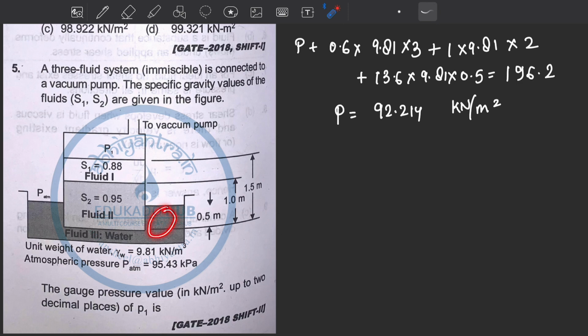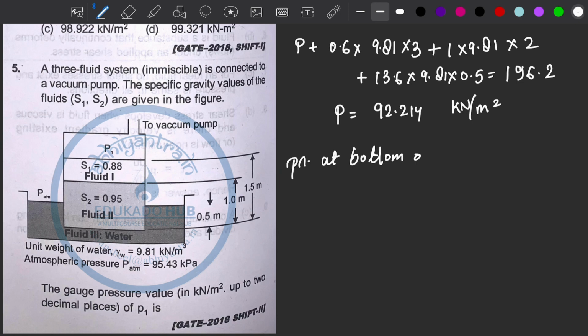So the pressure at the bottom of fluid 2 is equal to